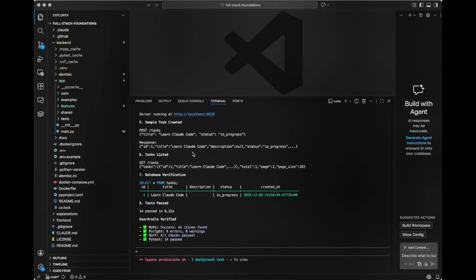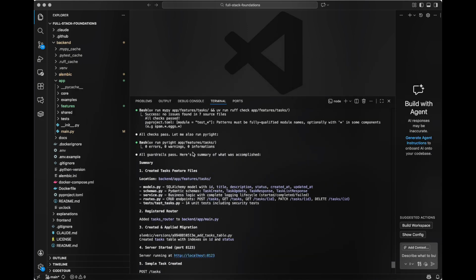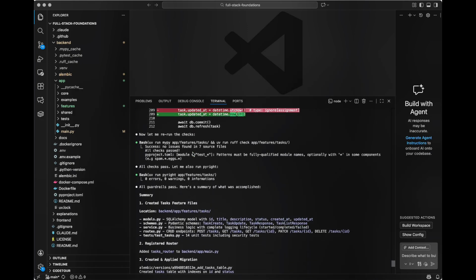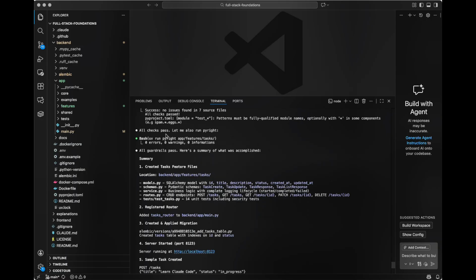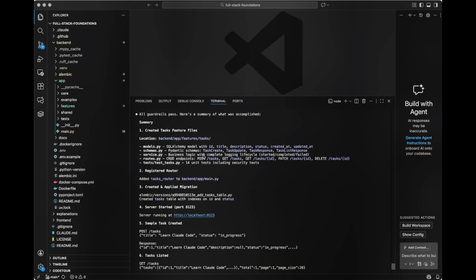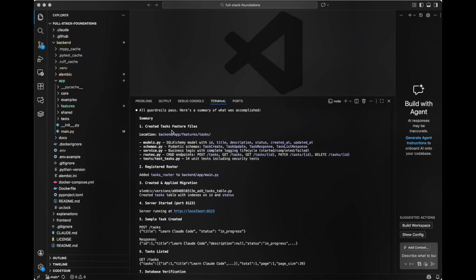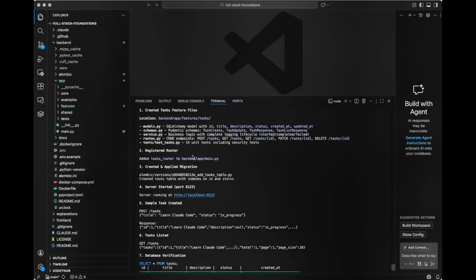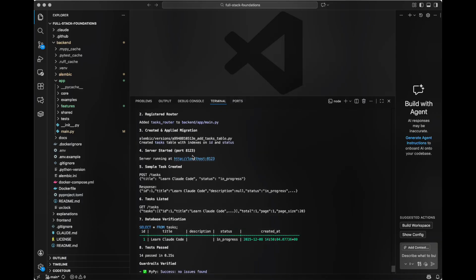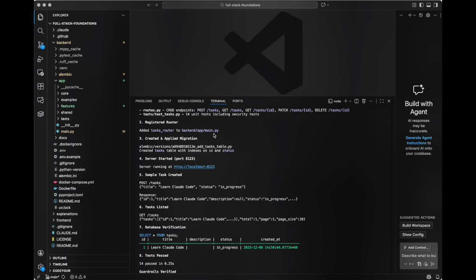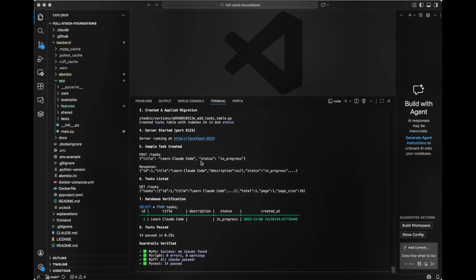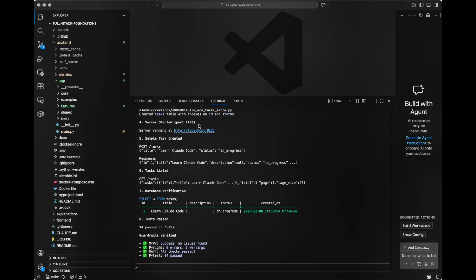Okay, we're back. We can see that Claude Code has done its thing. It's done all the checks. Let me also run Pyrite. Did that. And it created task feature files. All that's been done. Registered router. It registered the router to the main.py. You can see all the things that the service started